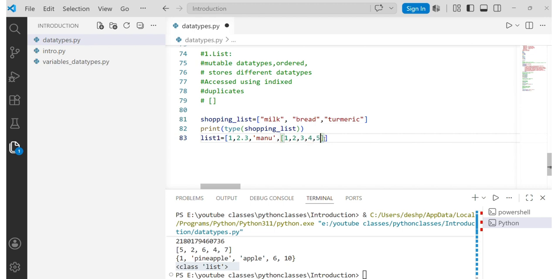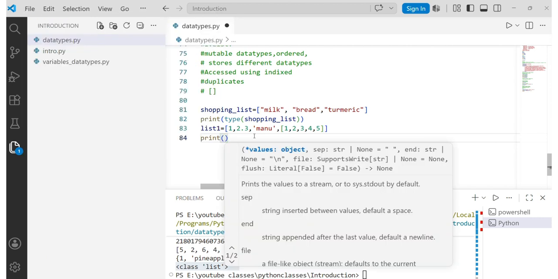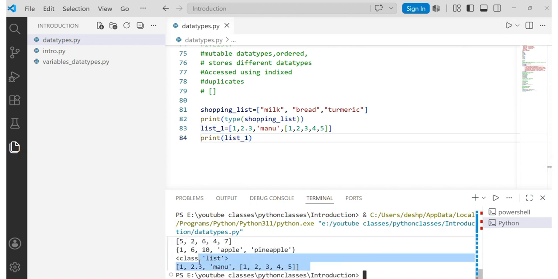We are storing a list inside the list, which is nothing but a nested list. And we print list 1. We get the output which we have given as input, right? So next, coming to